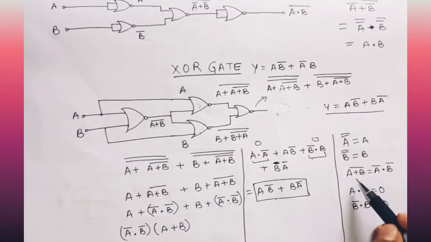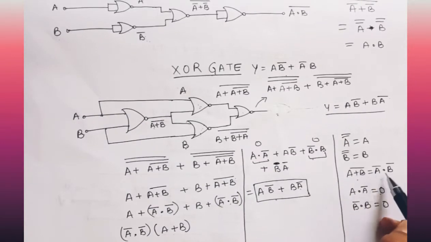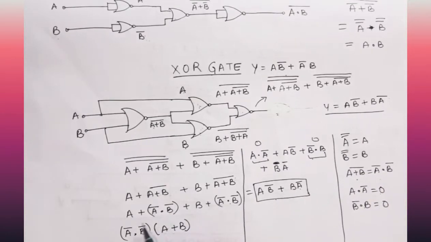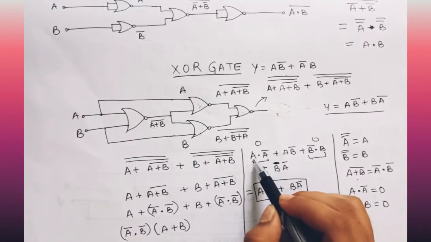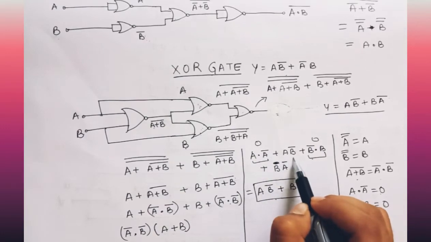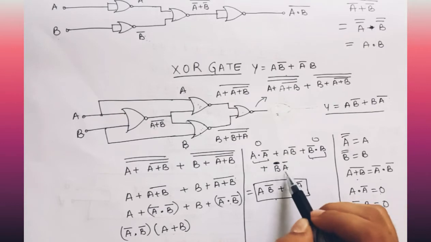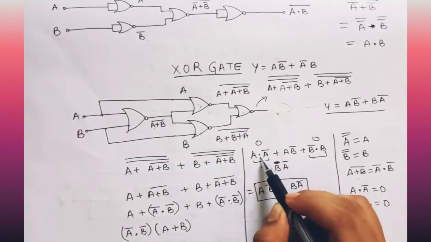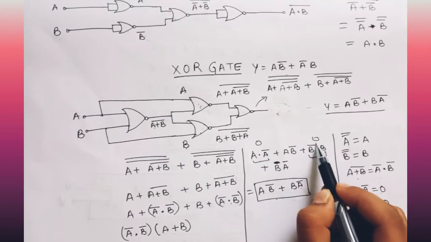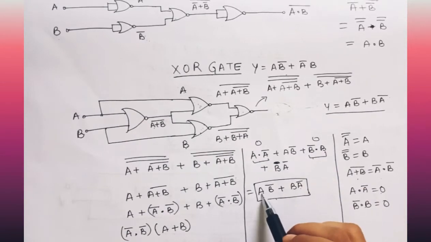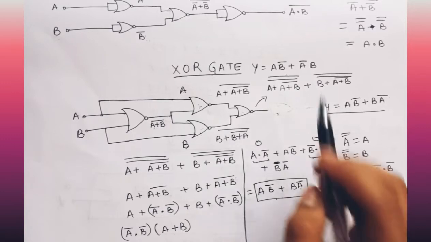Now, using De Morgan's law, we can write (A plus B) bar as A bar into B bar. So we have written here the same: (A plus A bar into B bar) into (B plus A bar into B bar). Now you can see that A bar into B bar is the common term in these two. So we have taken this common, hence A plus B is left. So now we'll multiply these both. So the output will be A into A bar plus A into B bar plus B bar into B plus B into A bar. Now A into A bar is 0 and B into B bar is 0. So the output left is A into B bar plus B into A bar, which is the output of XOR gate.